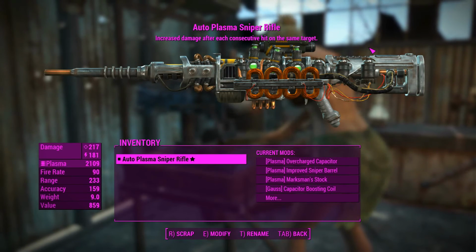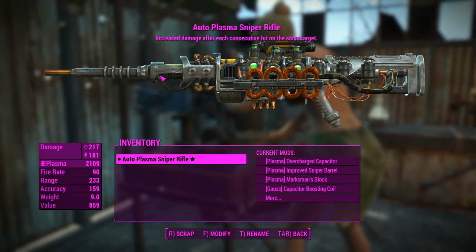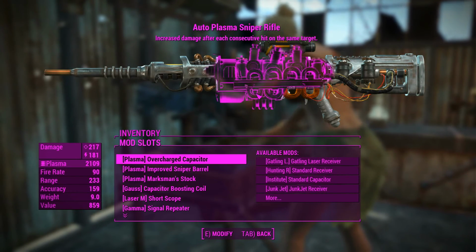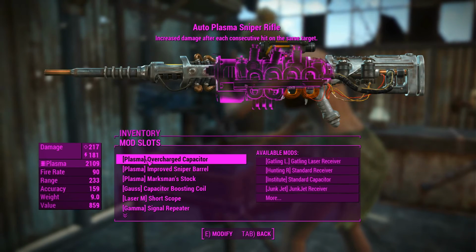This one is the Auto Plasma Sniper Rifle. If you're familiar with this game, you know that you can't have a sniper rifle of the plasma variety go full auto, but with the Wacky Weapons mod there's a little modification which I put on which allows me to actually do that. So, receiver, just with the standard or the usual overcharged capacitor that I've got here, that